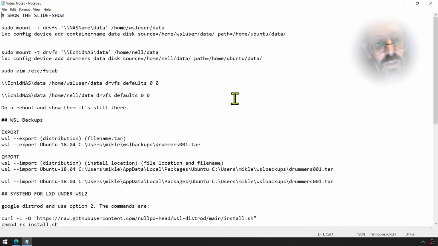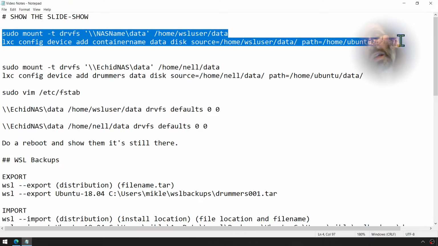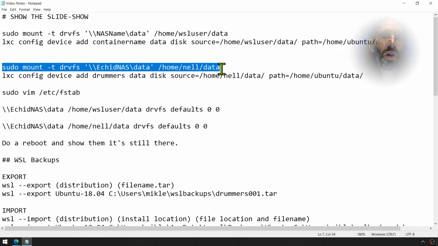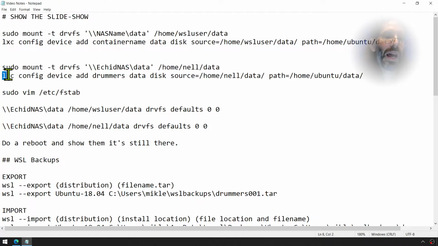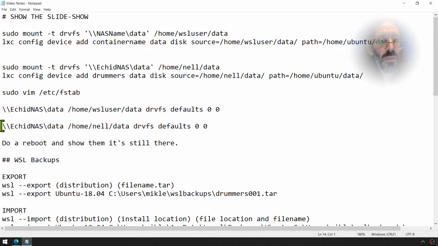I'll increase that font size so you can see what I'm doing and talking about. And so these are the two commands in the generic pattern that I used in the slideshow over there to the left. And then these are the ones that are used on my system, because I use my names, my name of my NAS, my name of my WSL user, etc. Now the edit I'm talking about is really this edit, and this is the generic pattern, and this is my particular file names here, although this is not the generic pattern.